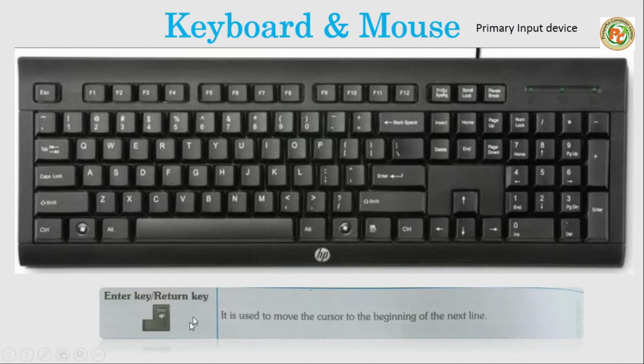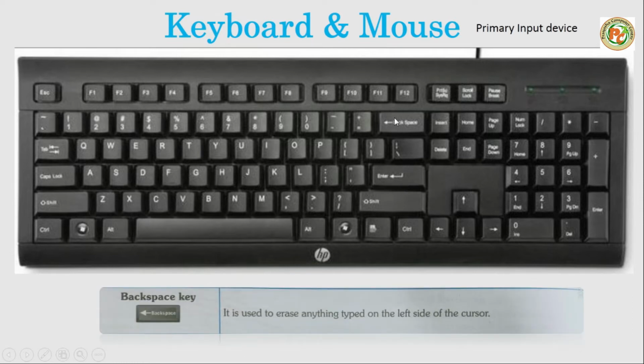Next we are going to learn the enter key, also known as the return key. On the keyboard there are two enter keys, one here and a second here. Both have separate uses. This one is used when you are typing here and want to press enter. But when you are working on the number keys, like a banking job, you can use this enter key. Both are similar, and they are only used to take a new line or go to the next.